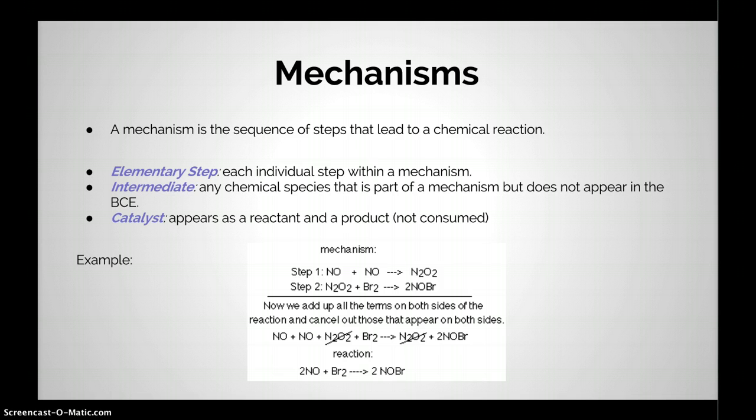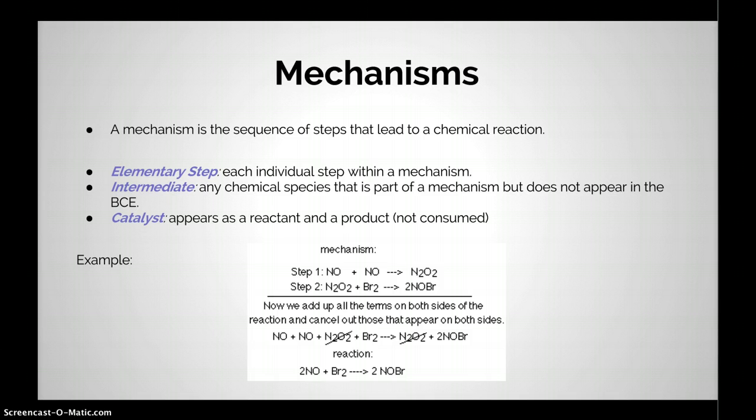Next are mechanisms. A mechanism is the sequence of steps that lead to a chemical reaction. An elementary step is each individual step within the mechanism. A reaction may have a lot of elementary steps, or it may only have 2 or 3. An intermediate is a chemical species that is part of a mechanism but does not appear in the BCE. You can see intermediates when the mechanism is written out. They are formed as products in one step but then consumed as a reactant in another step, so they are